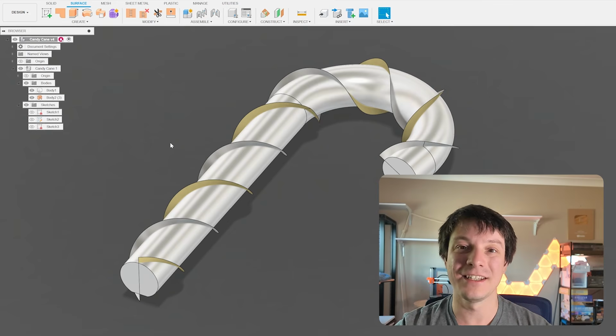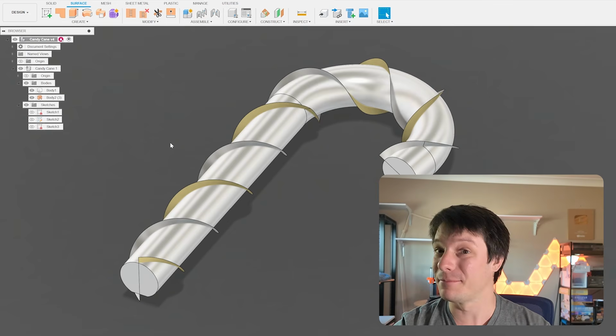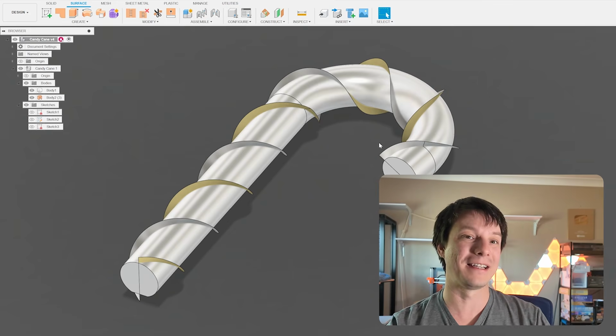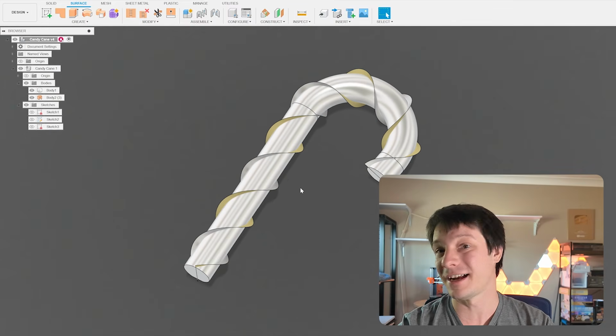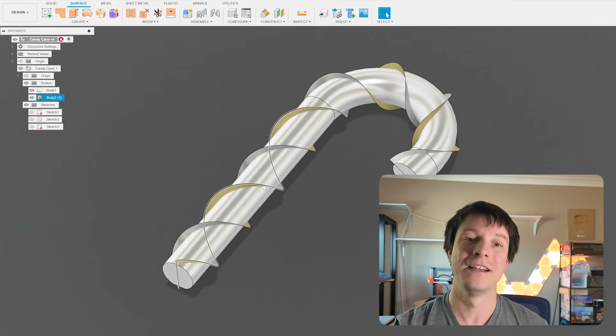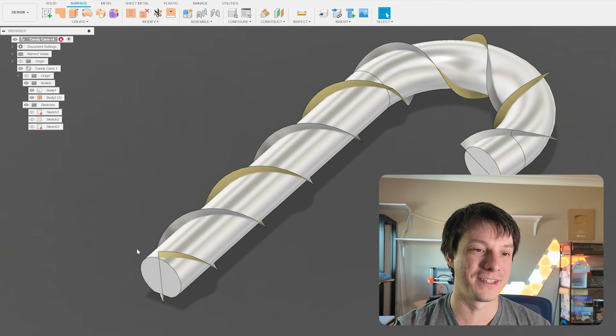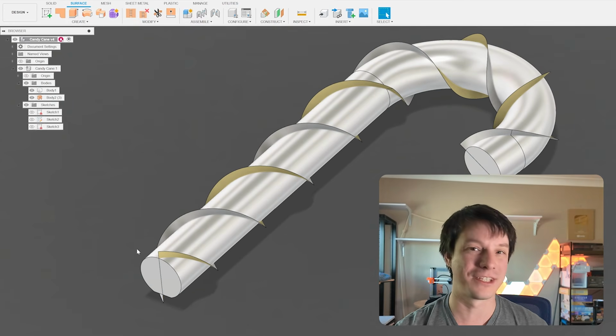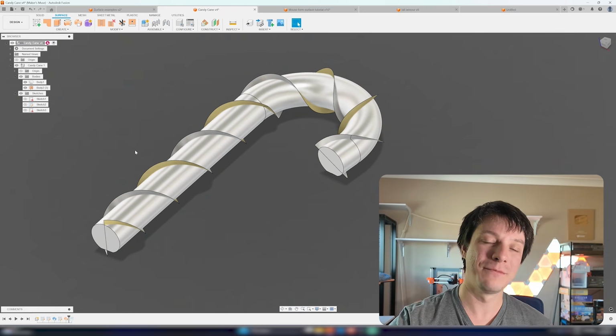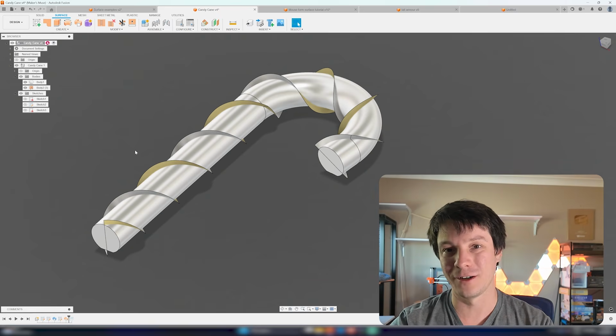There is an extend surfaces function in the split body tool that we're going to be using in a second, but here, because the candy cane wraps back around itself, it's not suitable. So good practice, I generally find, to make your surfaces stick out just a little bit to give yourself some room. Okay, I'm happy with this, so now we can move on to cutting the solid with our surface using